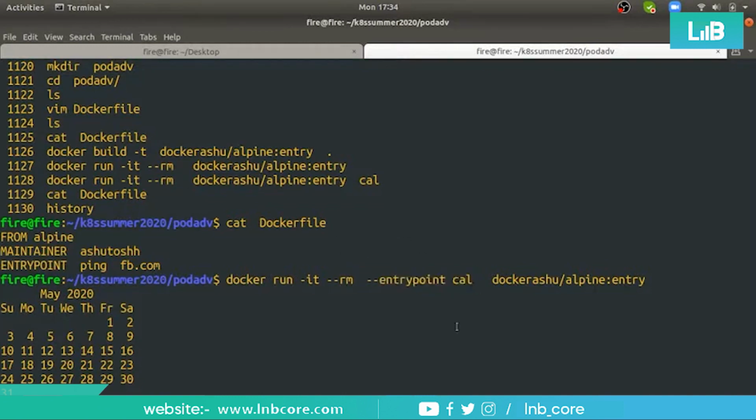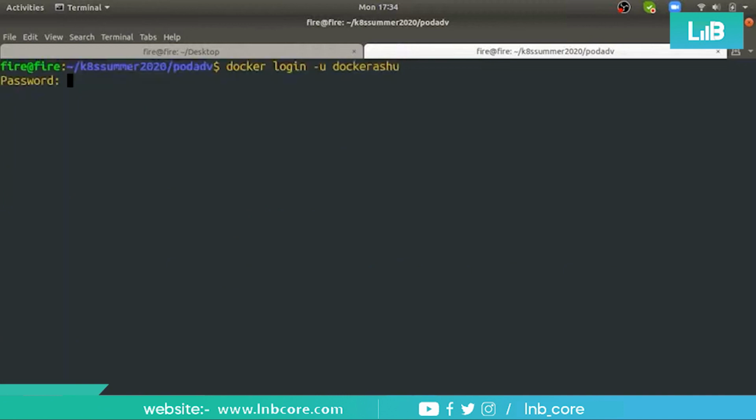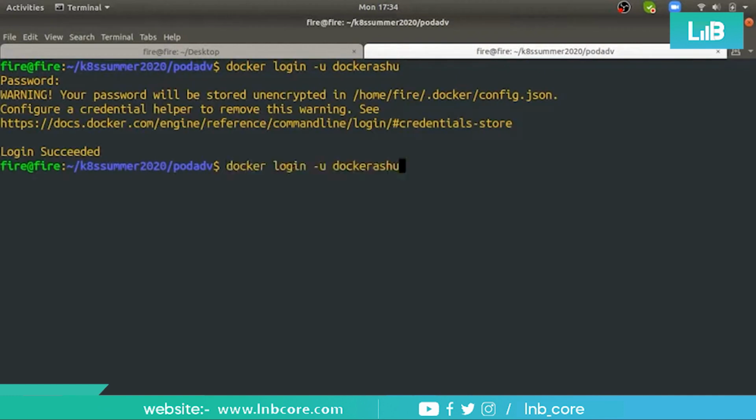Now let me log in with my Docker ID and push this image to Docker Hub. Why do I need to push it to Docker Hub? Because I want to implement the same thing in Kubernetes as well.